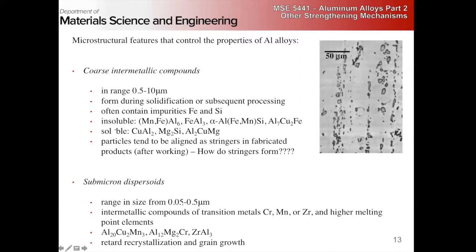These intermetallic compounds typically form from transition metals or other alloying, right? They tend to be big, nasty groups: aluminum 20, copper 2, manganese 3, zirconium, aluminum 3. These have the effect of retarding recrystallization and grain growth. So these are the intermetallics that we want to give us good strengthening from